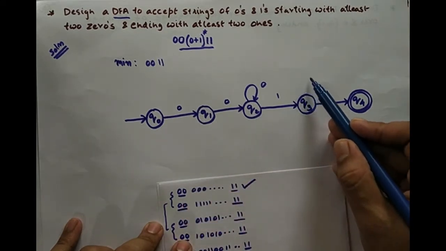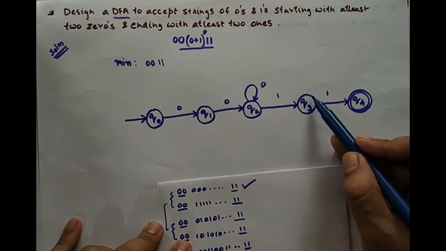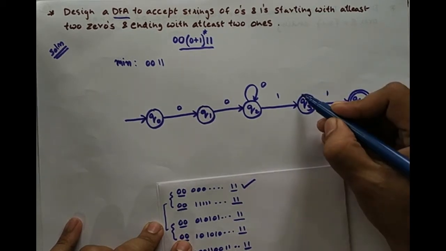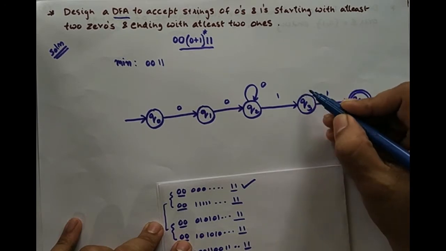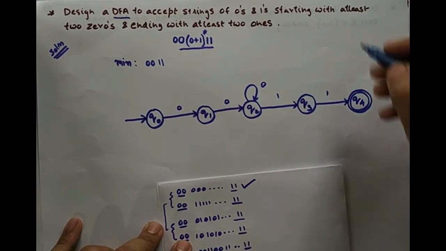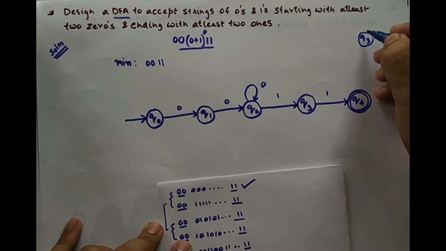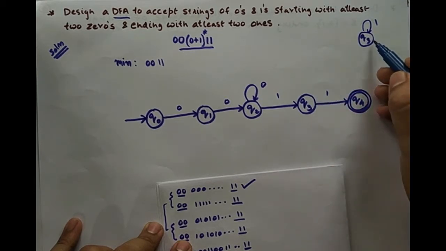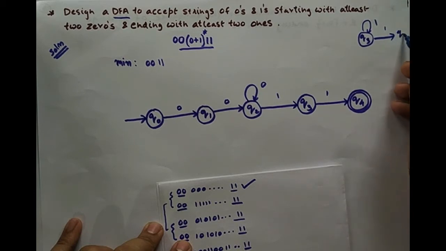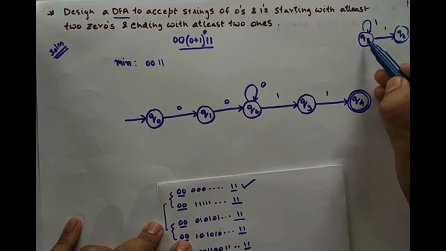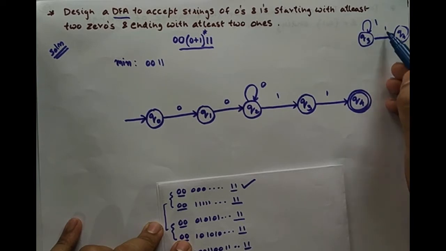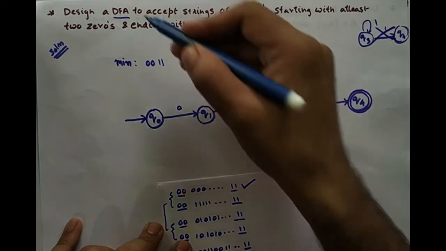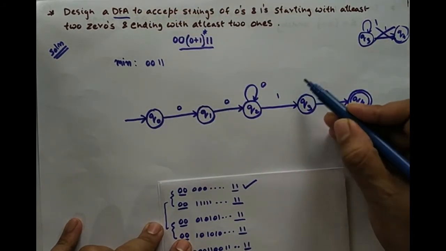Now in the similar manner, suppose now 2 zeros and then rest all should be ones, 0 0. If I make self loop here, then also what will happen? If I make a self loop on reading 1 here, so for example for Q3, then Q3 on reading 1 will go to Q3 as well as on reading 1 it goes to Q4. So from a particular state on reading the same input, if it goes to more than one state, then it is not a DFA. What is asked to draw is DFA.